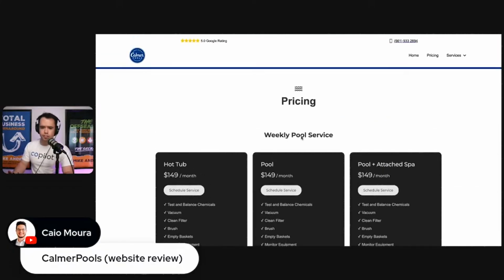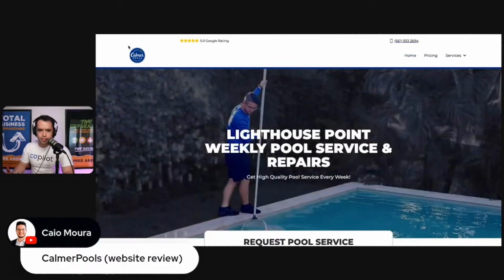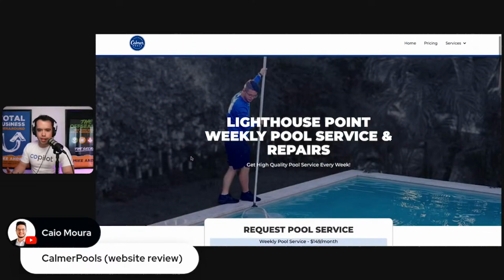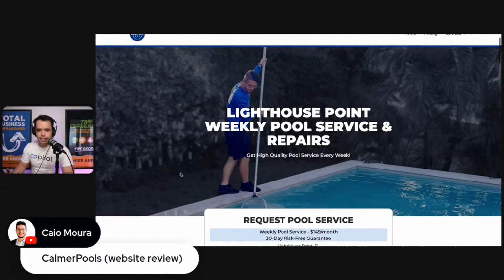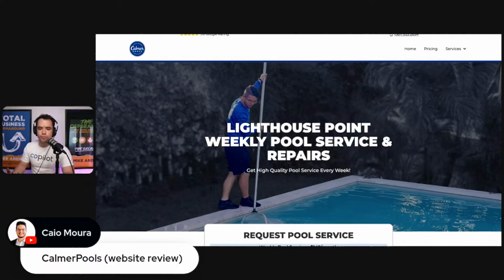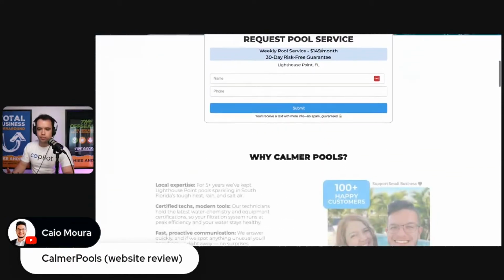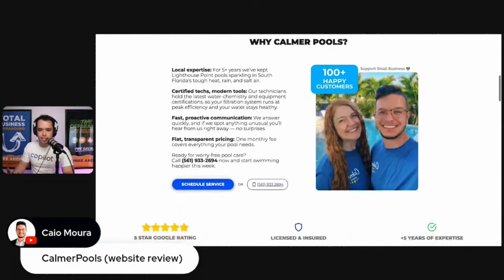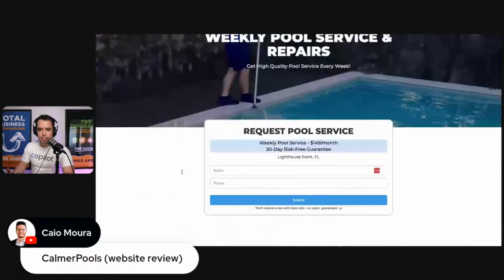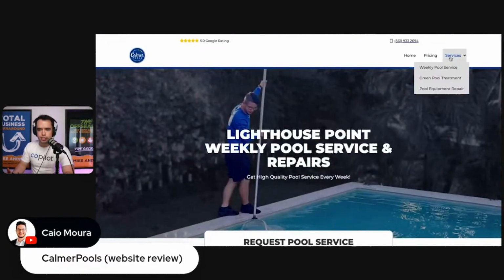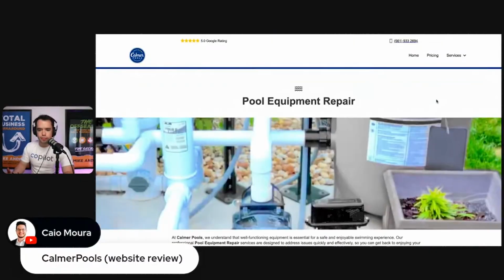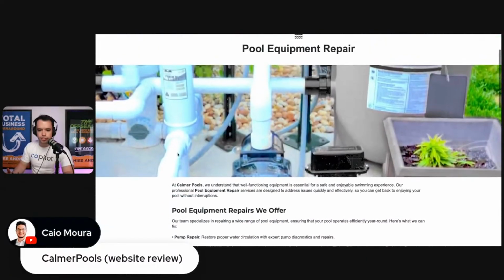I like the fact that you give your pricing. It's basically like, hey, it's $149. Sign up. I like that. Very simple. I think I would make your logo a little bigger here. I would make this image behind here clearer. Ideally seeing your logo, and I know that's you, but if it can be closer, that'd be most ideal. If your wife was able to spend half a day taking some really good photos of you at each of these services that you have listed here, that would be really ideal compared to just showing this mechanical